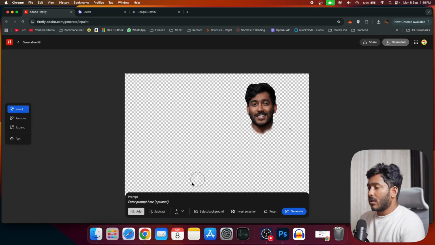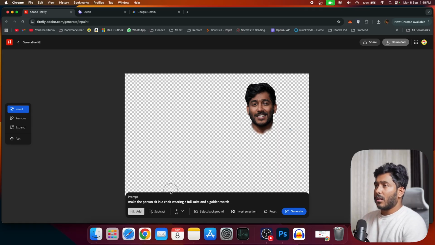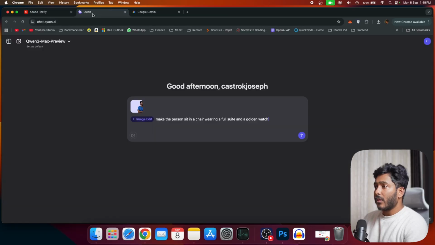All right, now we can give the prompt right here. But this is not a fair challenge given to Firefly, because it doesn't have the option or ability to directly modify images. So it's just a try to see if Adobe Firefly can do it or not. All right, now let's click on generate here, then Qwen,